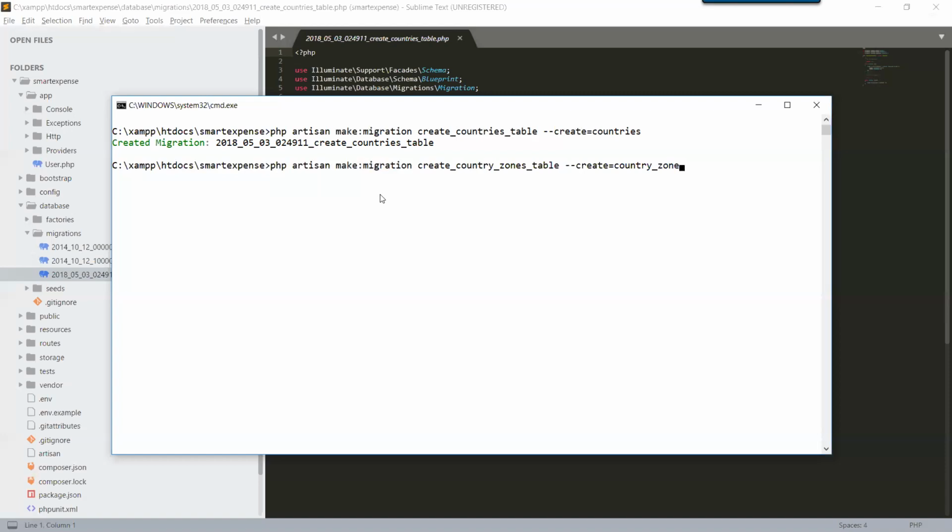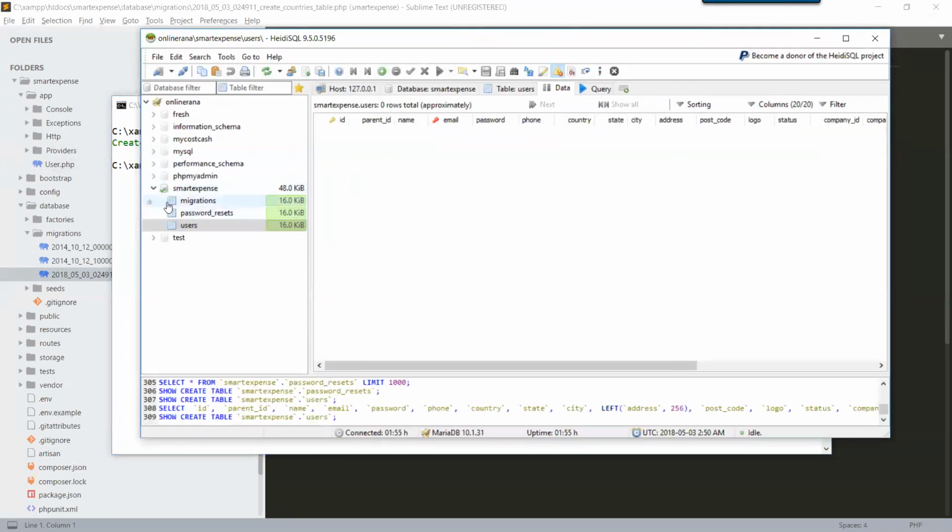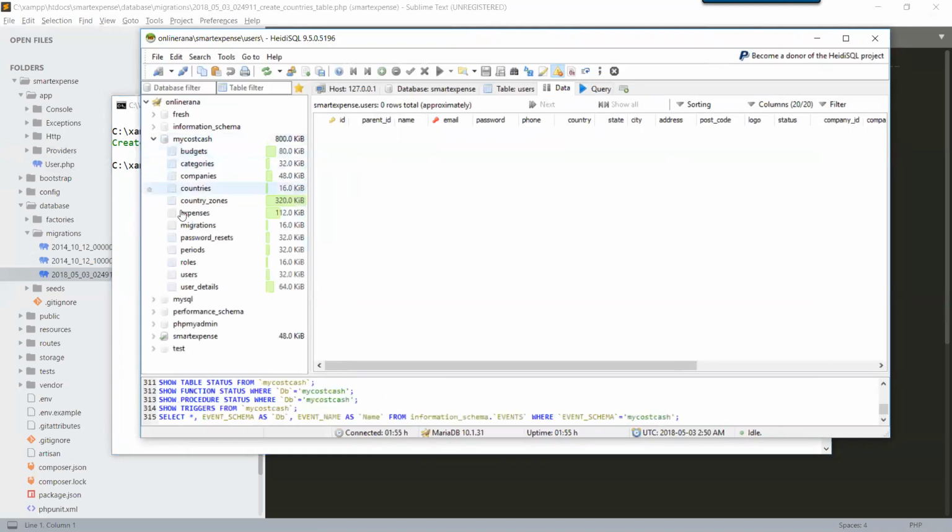Let me make sure that we have the same in our actual application. It is here, country zones.